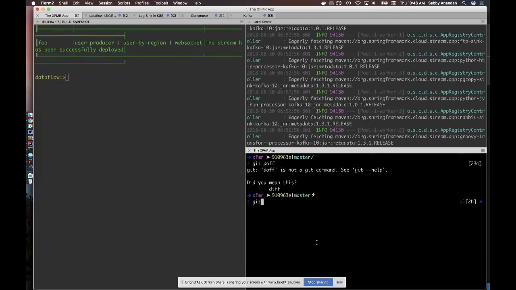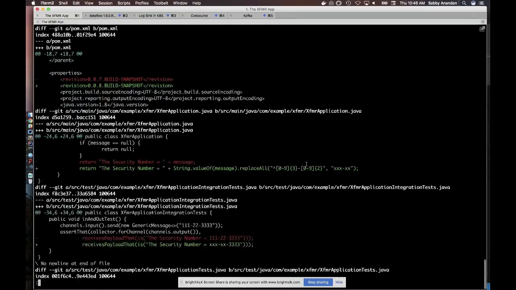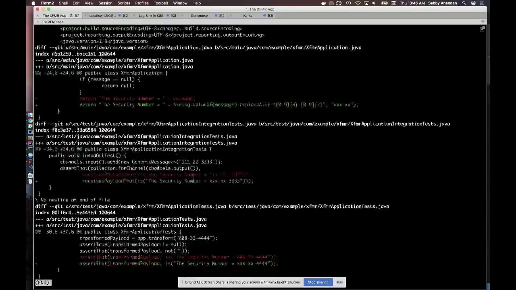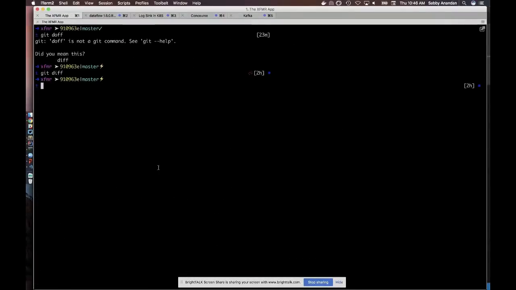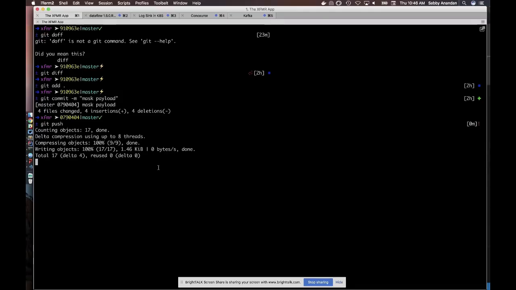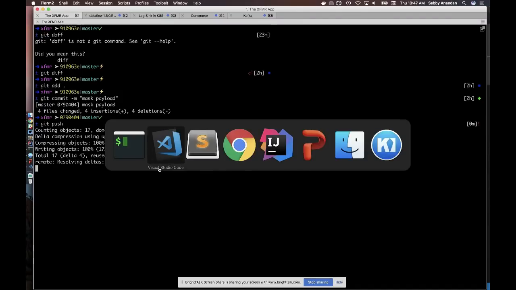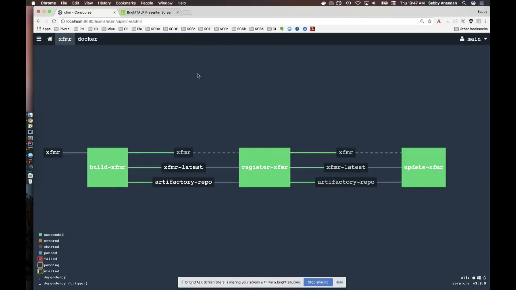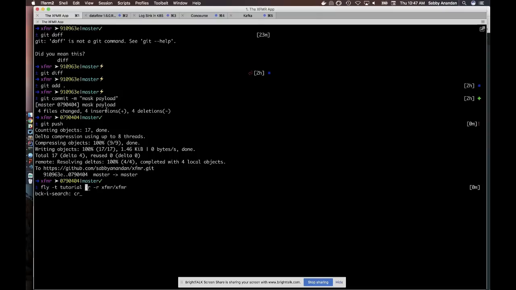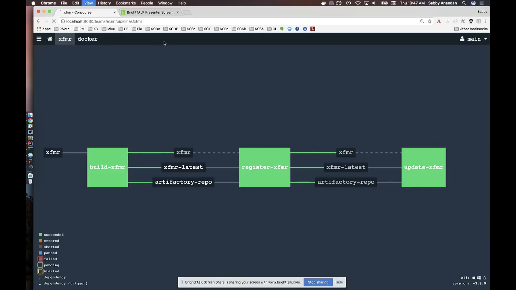As you can see, I bumped the version, and the business logic change and the unit level test and the integration level test, that's all in there. Let's add that. I'm going to do the worst git commit here, and it's going to say mask payload. And I'm doing git push. So that's now pushed, and I have a CI pipeline managed by Concourse in this case. It's actually monitoring that repo. I'm going to speed up the polling by checking that Concourse pipeline. So as soon as the poll kicks in,